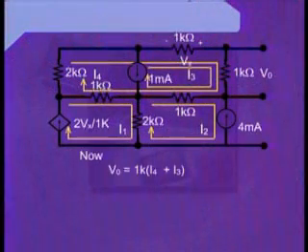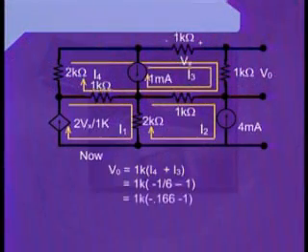For V naught, we can write V naught is equal to 1k into I4 plus I3. Or putting in the values of I4 and I3, we can write V naught is equal to 1k into minus 1 over 6 minus 1. Or simplifying it, we have V naught is equal to minus